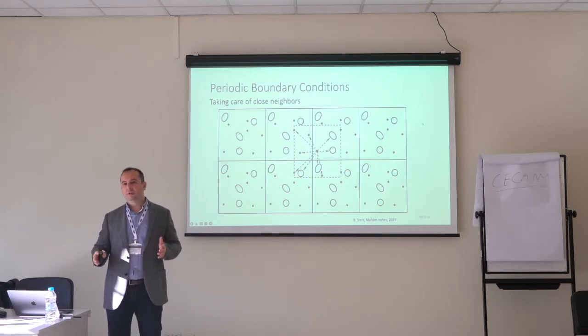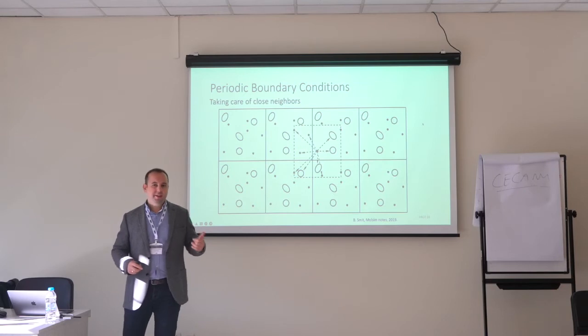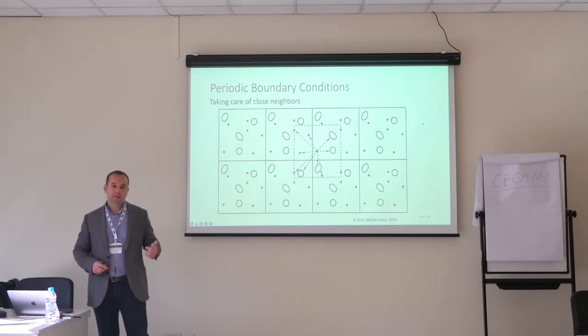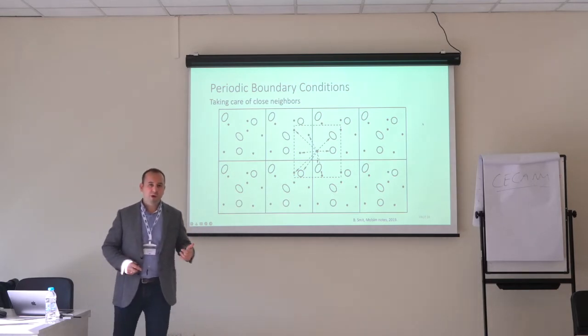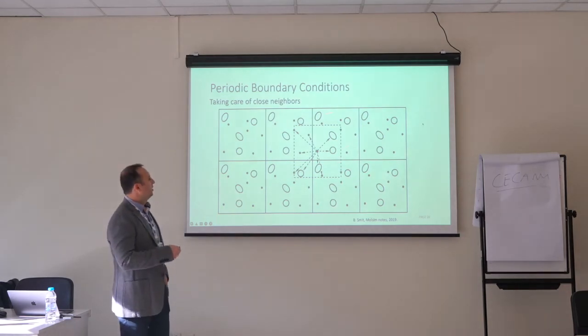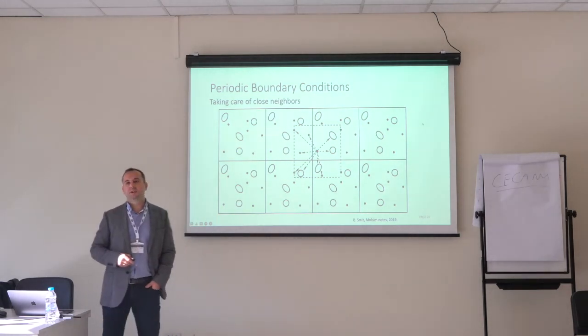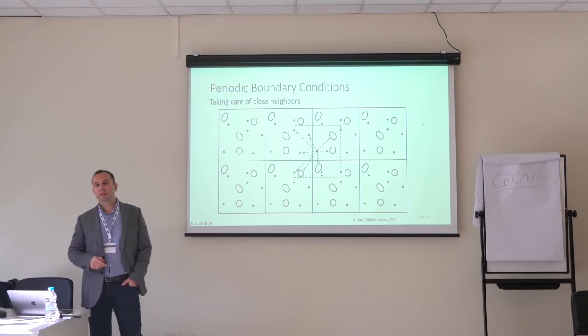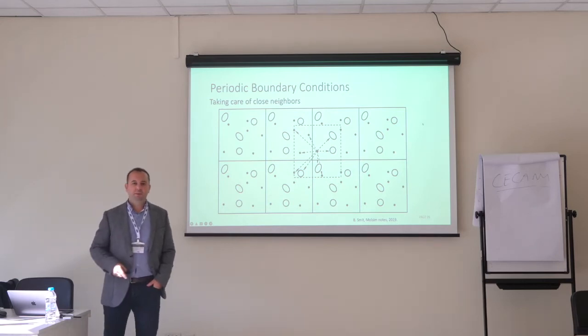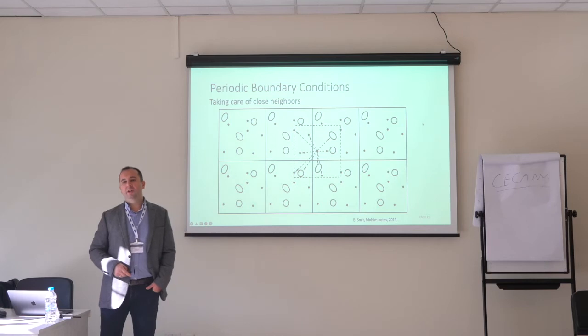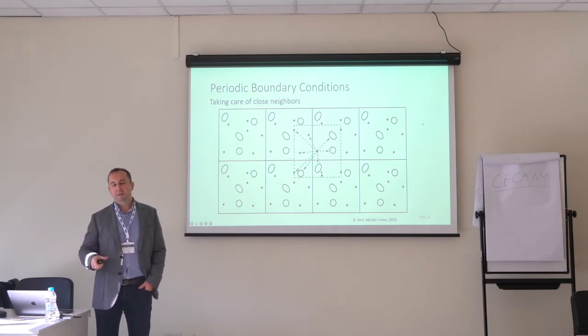You have the replica of your system. That is a really nice, yet simple thought, such that you also at the same time conserve the number of particles in your system, because the number of particles is especially important if you would like to consider statistical based